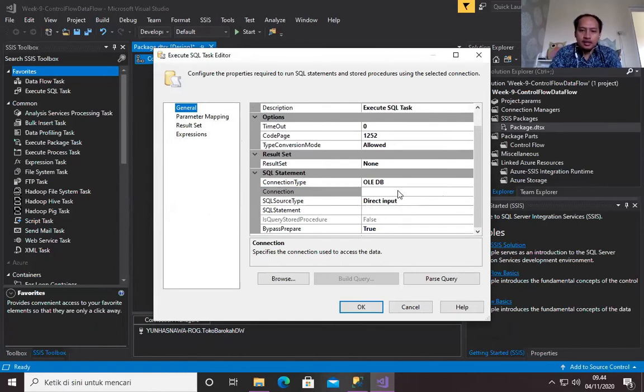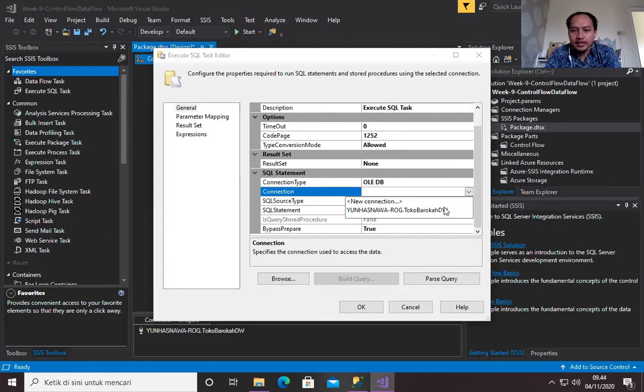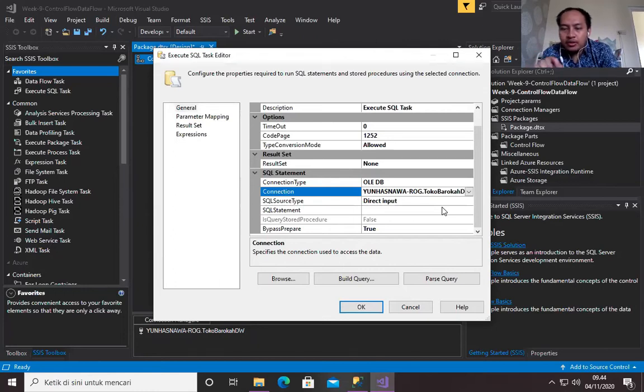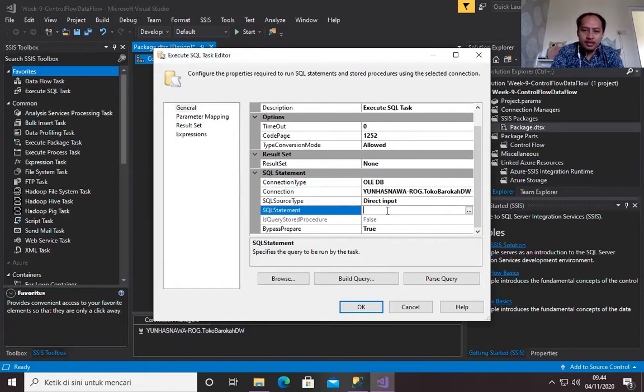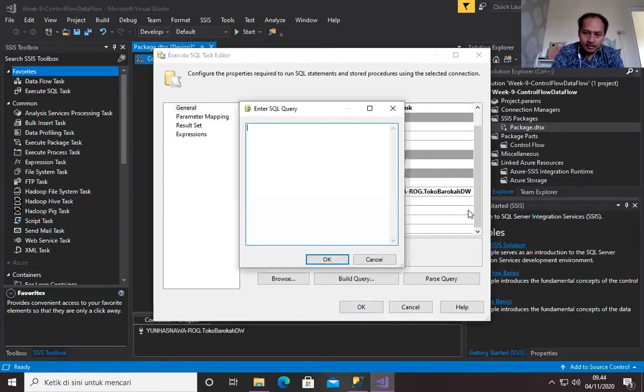You select this one. If you created the connection manager correctly, you can find it directly in this combo box. And where you can put your SQL is here in the SQL statement section. You can click this button, and then you enter your SQL script.